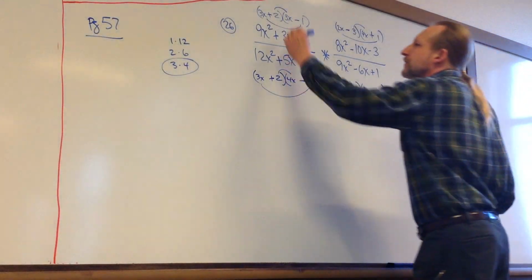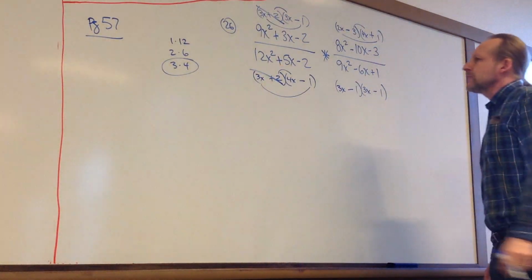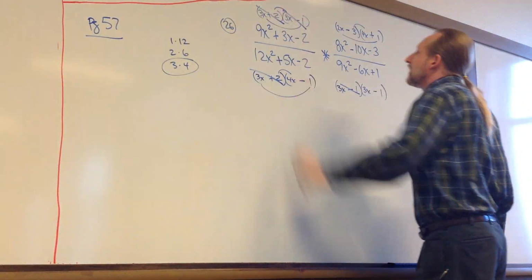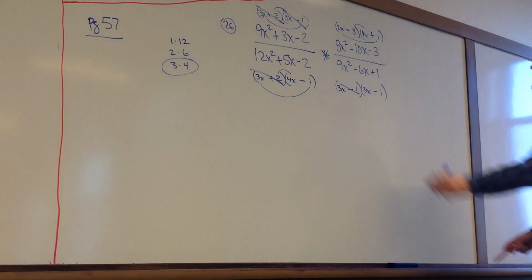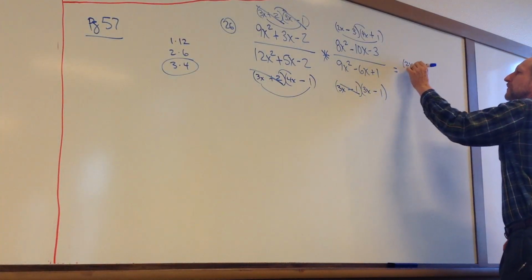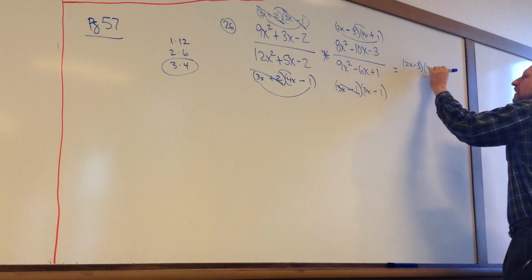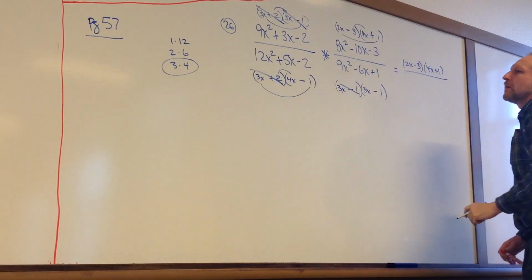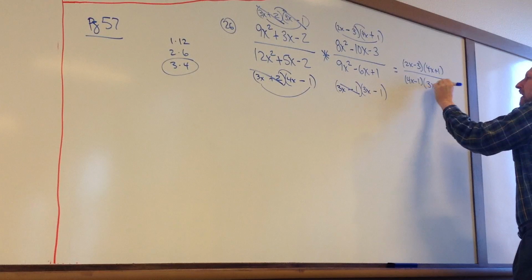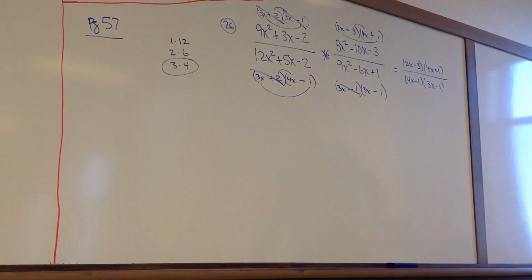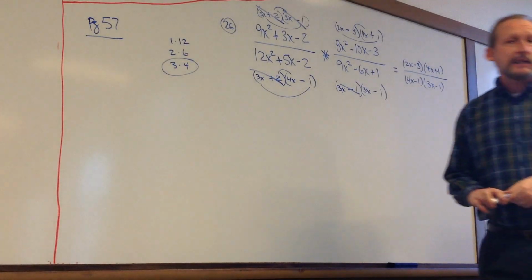Let's see. The 3x plus 2's cancel each other out. The 3x minus 1's cancel each other out. And then I think that's it. So we're left with 2x minus 3 times 4x plus 1 on top, and then 4x minus 1 times 3x minus 1 on the bottom. And then that would be lowest terms. Okay, so that's it for section